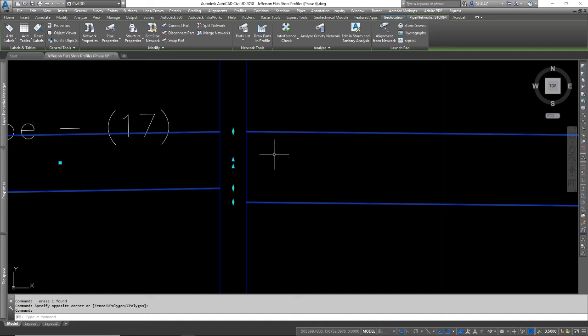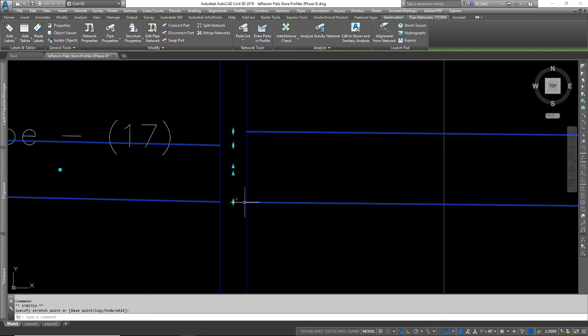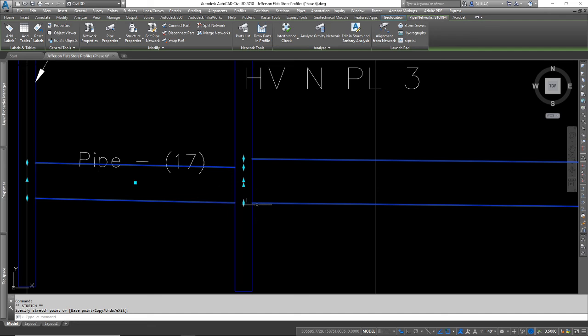But also, as you are moving downstream in your pipe network, notice I have two different sized pipes here. And I would rather have my inverts, the bottoms of the pipe, line up versus having the crowns of these pipes line up. And maybe depending on the part of the world you're in, you have to maintain your energy grade line. But for this project, I'm going to keep it simple and just say I want the inverts to line up. And so if I select both of these pipes on either side of a structure, I get all of the grip edits, and I can make these two grip edits line up, snap them to each other so that my inverts do align. Right now I don't have any drop through the structure,